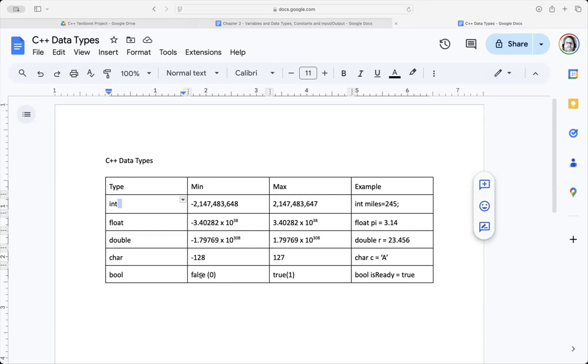In addition, we have chars. A char is a single character, but when we talk about strings, which we will in a later chapter, chars are interesting and they're actually integers that point to characters. We'll explain that later, but for now, just know they go from negative 127 to 127, and we declare a char with single quotes. Now in Python, we could use single or double quotes indiscriminately for strings. You can't do that in C++. In C++, double quotes mean a string, single quotes mean a char every time. And chars can only contain one character.